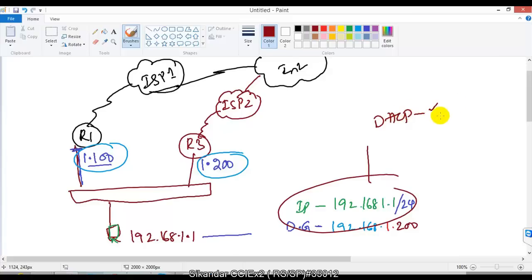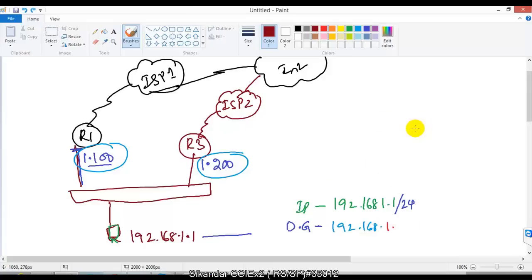Even the end users do not have permissions to change their own gateways. They might need to restart their PCs to get a new gateway address, or they may need to change the IP addresses. It's not really possible in a production network.